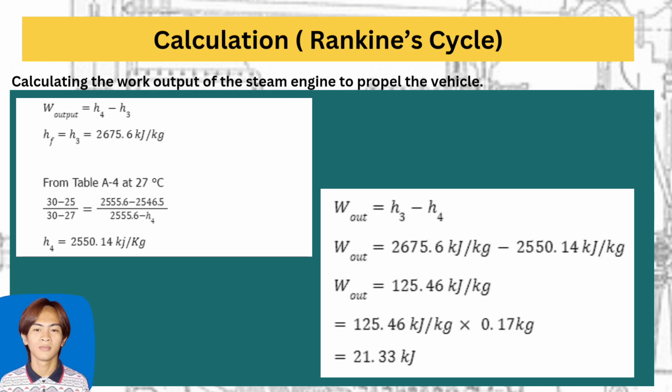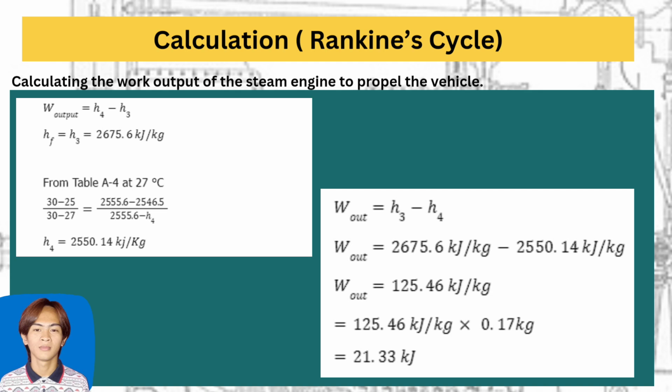Now for question 2, which is to calculate the work output of the steam engine, we use the formula work output equal to H4 minus H3. For H3, the state is fluid, and we already got the enthalpy, which is 2675.6. So from table A4, at 27 degrees Celsius, which is the room temperature, we don't have the exact value for